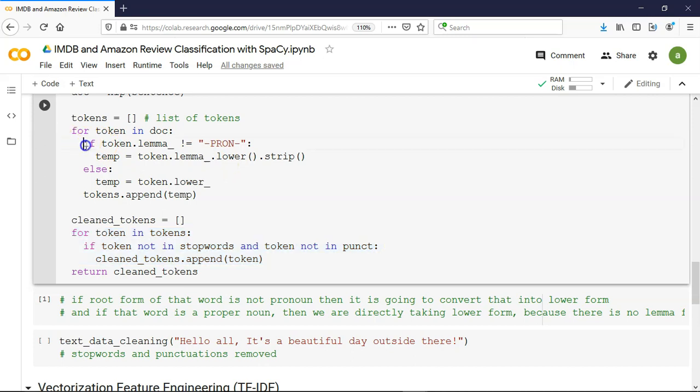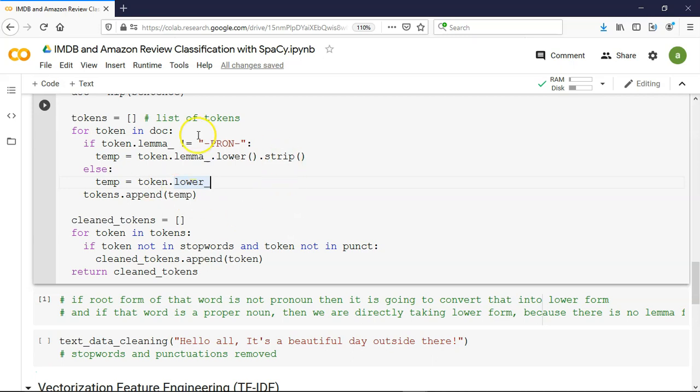So in the first case there is a little twist due to English grammar. We have to make all those tokens lowercase only, but there is a little thing that changes due to English grammar, as it says that if the word is a proper noun, no lemma exists. So in that case you just take the lowercase version of it.